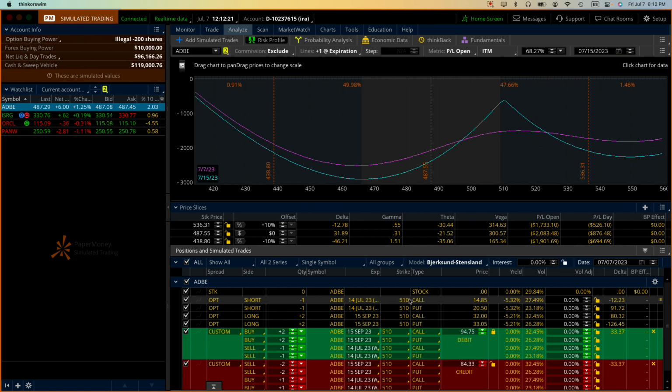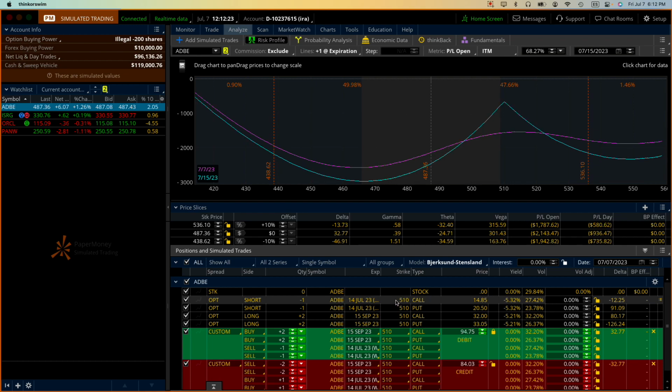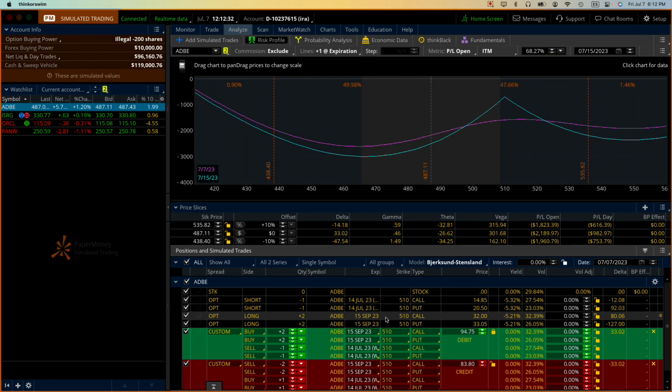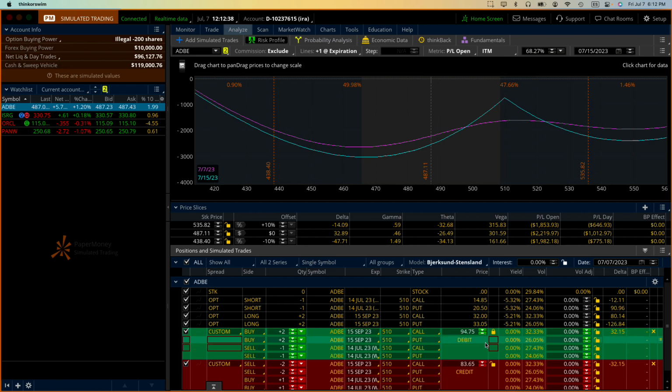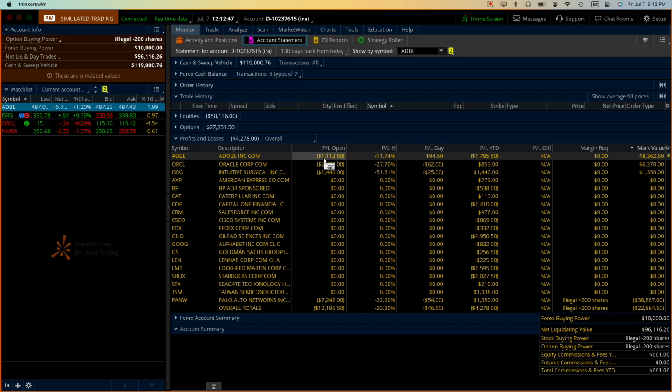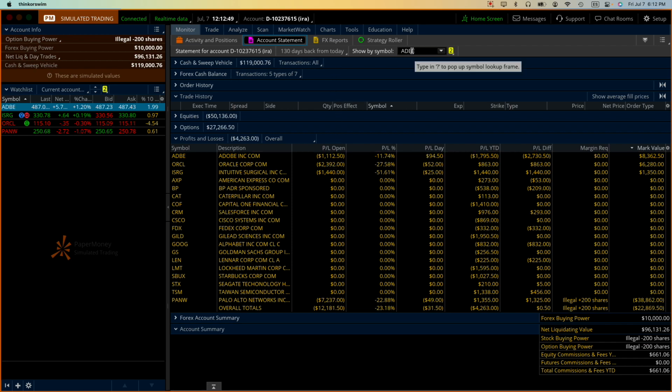You remember that the Gini trade has one short straddle front month and two long straddles back month. Now then you look at whether the position you have is profitable, and you see that I have here my position. Then you can just go to the monitor tab, account statement, and enter the Adobe symbol here